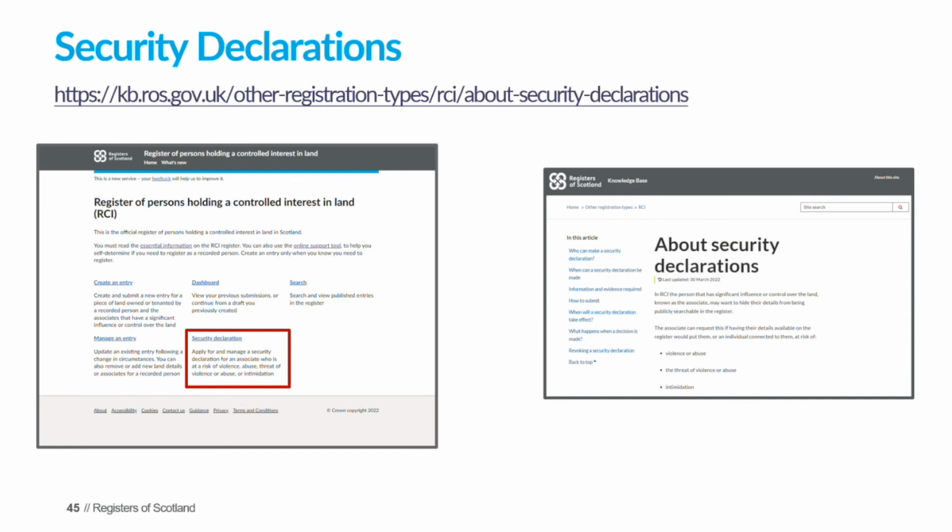Now I want to mention security declarations. There are circumstances where an individual may require to hide their details from being publicly searchable in the register, and this is why it is essential that persons are notified if they are to be listed as part of an RCI submission. Before the submission goes live, the associate can request to have their details redacted from the public view